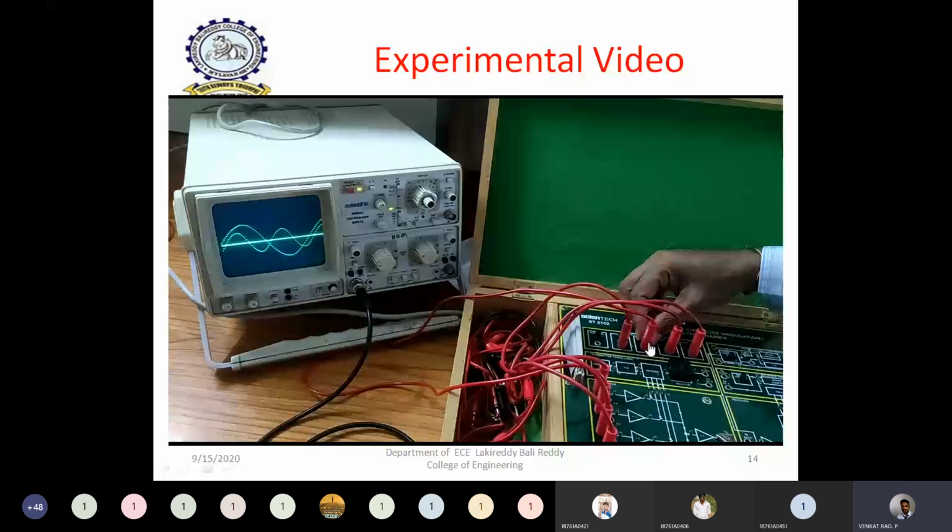Here, what we are doing is, first of all the input signals are initially set to 0. That is, no input is given. All 0 signals are given. Slowly, I am increasing the amplitude of one signal after the other signal.